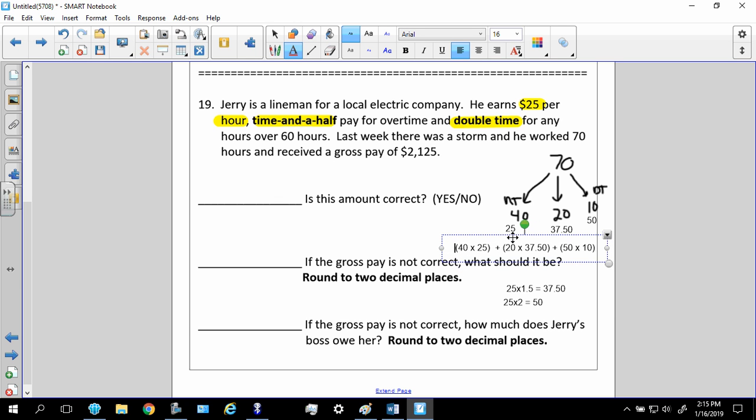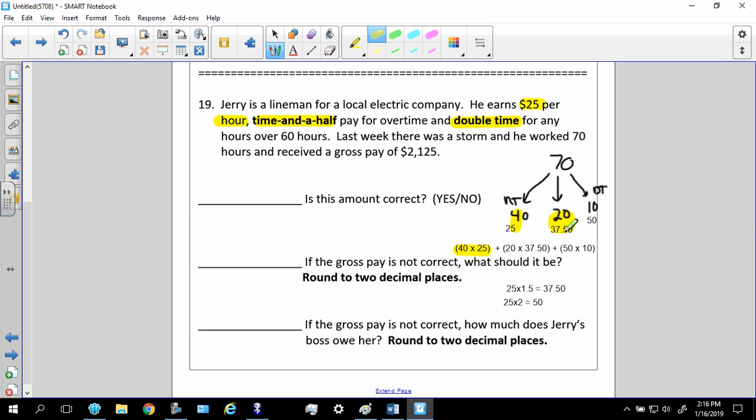So three things. Again, for my visual learners, this is what I did. 40 times 25, there it is. 20 times 37.50, there it is. 10 times 50, there it is. Add all that up, and when I do, I get an answer of